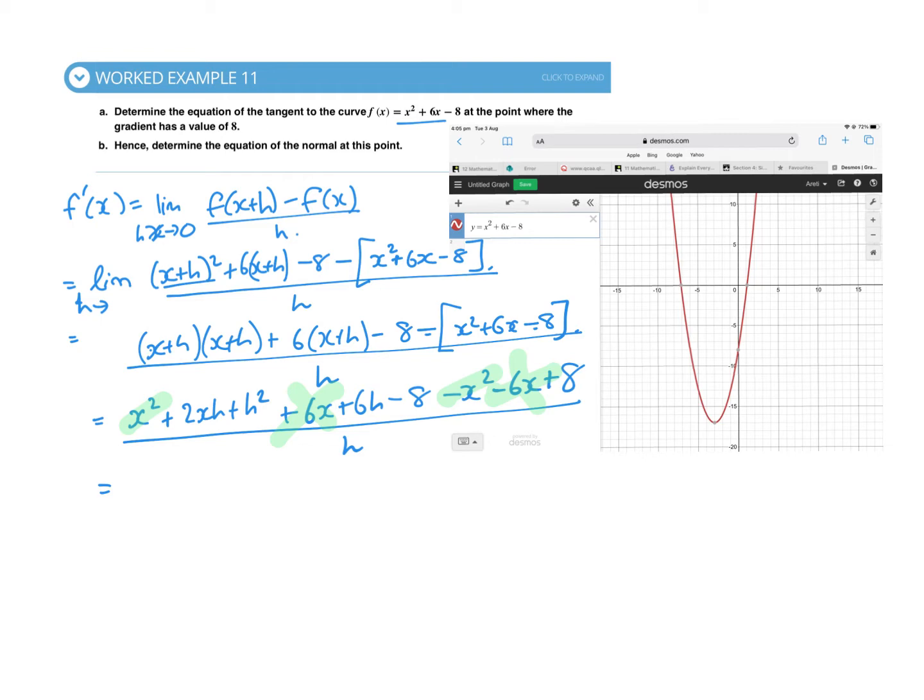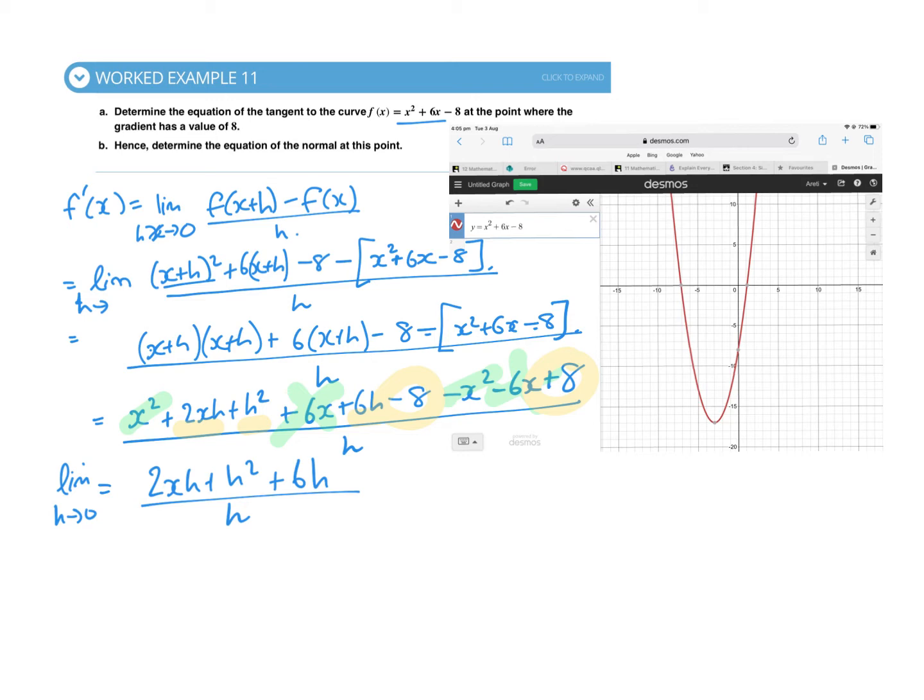And I think that's possibly all we've got, then following up, I'm just eyeballing it, 2xh and h squared. Oh, and the two numbers, we have a minus 8 and a plus 8, so they can cancel each other out. So in the second line, we're just going to write the bits out that weren't cancelled, top and bottom, 2xh plus h squared plus 6h, and the 8's disappeared, over h, and that is still the limit as h